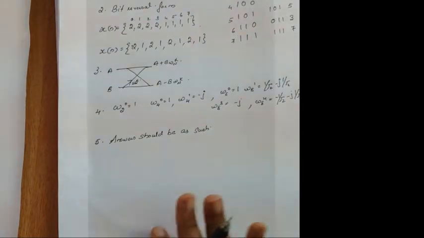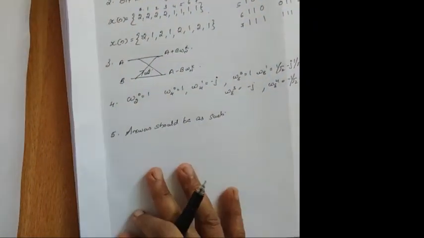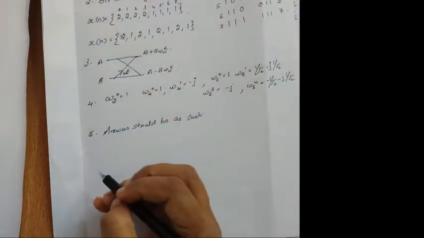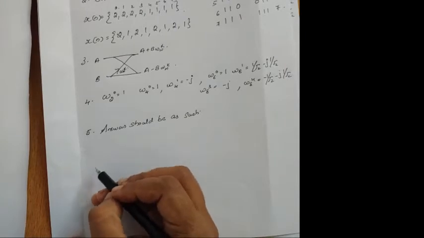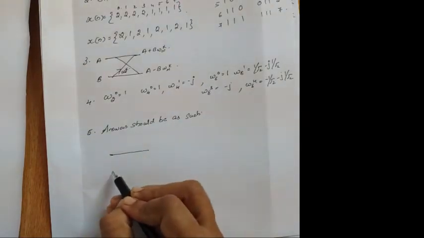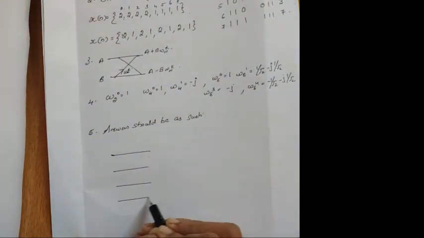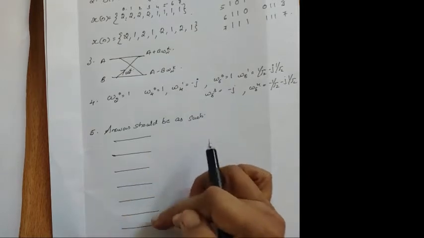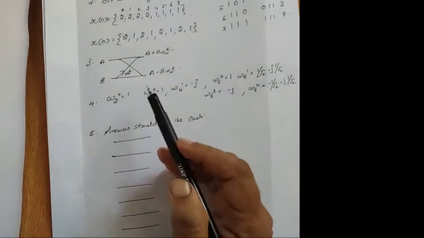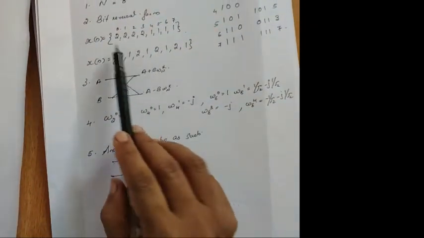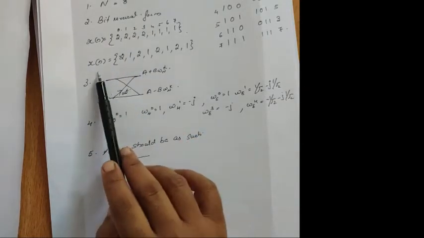For doing this, I'm using the paper like this. Otherwise you can rotate your paper so that you can do it very neatly. First you have to draw 8 lines. As it's an N-point DFT, you need 8 lines. I'm drawing over here: 1, 2, 3, 4, 5, 6, 7, 8. Eight small lines. Second step, N is 8, you draw 8 lines, and you give the bit reversal and form the sequence.